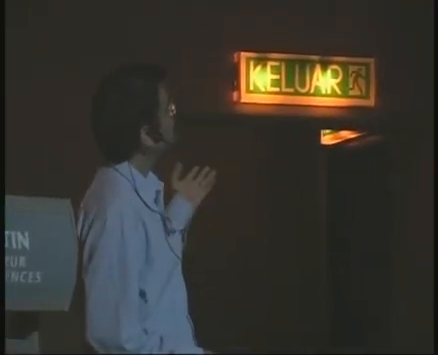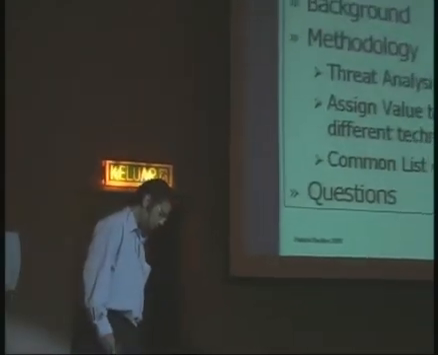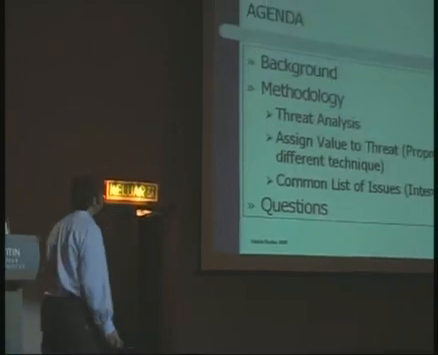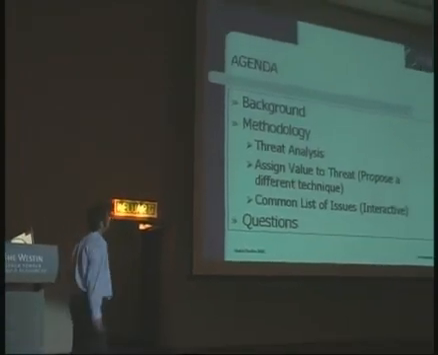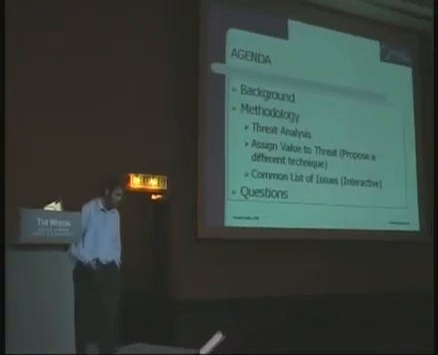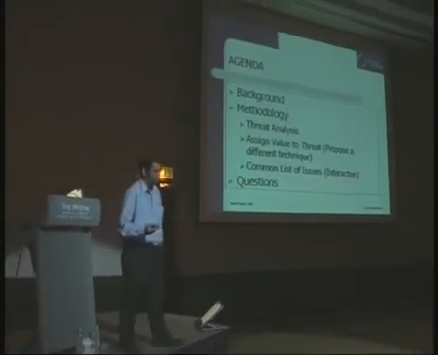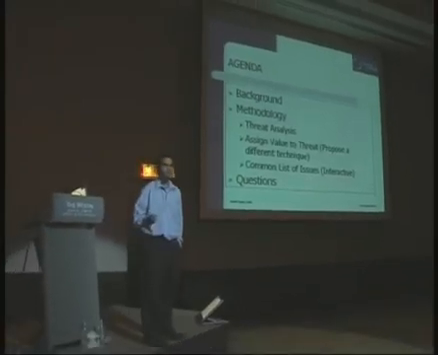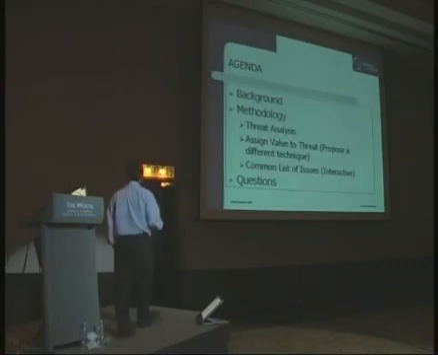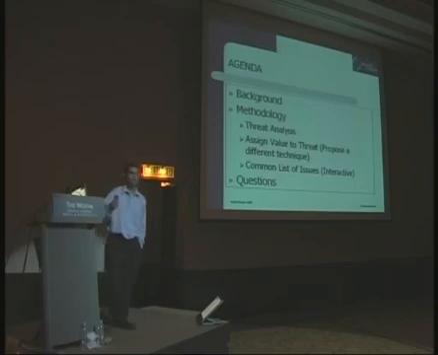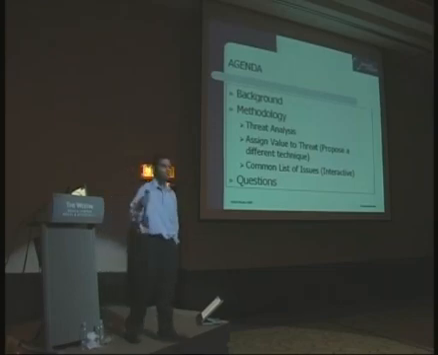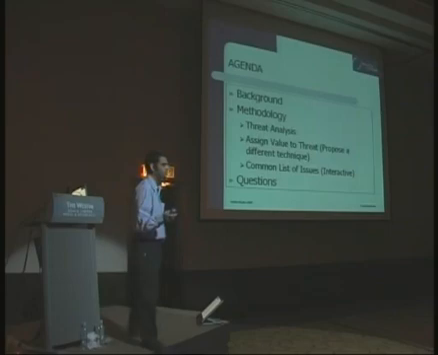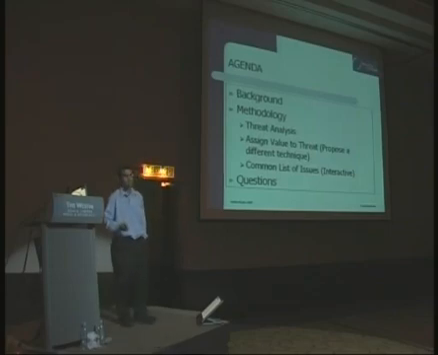What will I cover? A little background on performing code reviews. We'll talk about our methodology, which is broken into 3 major components. There's the threat analysis. The next portion is assigning value to the threat. The purpose of this technique is that, without having a proper value for the threat, do you want to actually go to the code level and review that part of the code? And then lastly, we'll look at a common list of issues. Here I'll be focusing on C, C++,